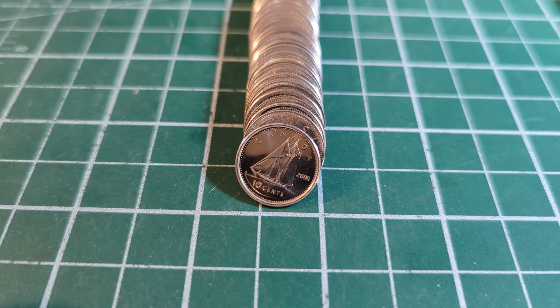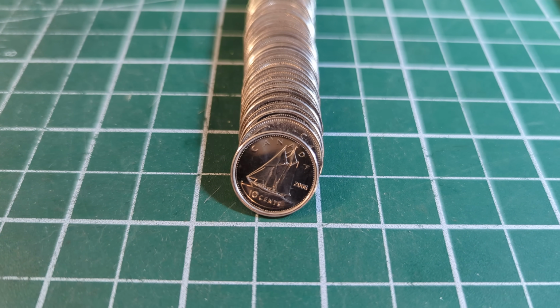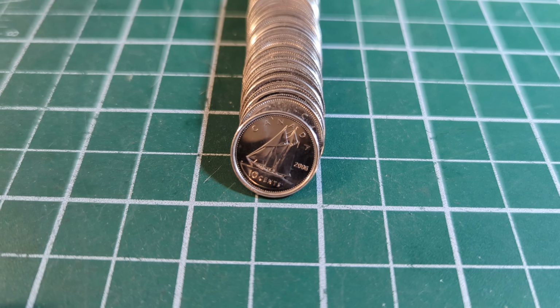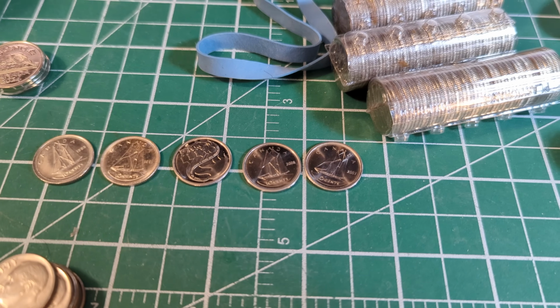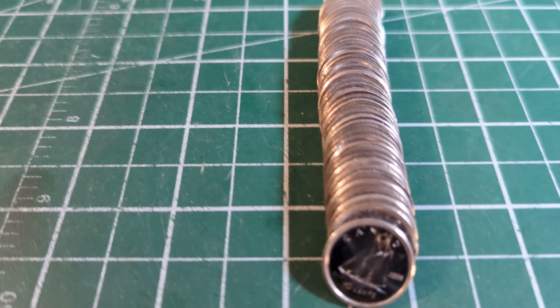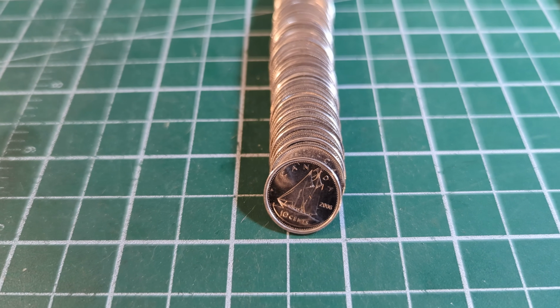This is roll number 6, and it's much the same thing. The newest coin so far, again, has been 2009, and some of those later ones, like here's a 2006 that's just gorgeous. So I've been pulling aside some of the nicer ones here, just a few of them, and we've got maybe 6 or 7 US. No silver just yet. I found a few 1968, so can we get something just a little bit older,